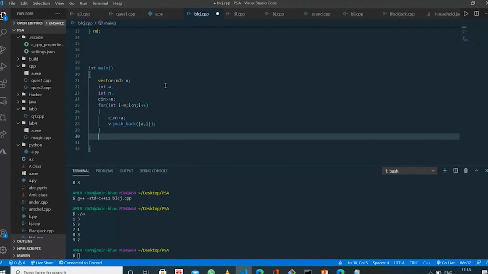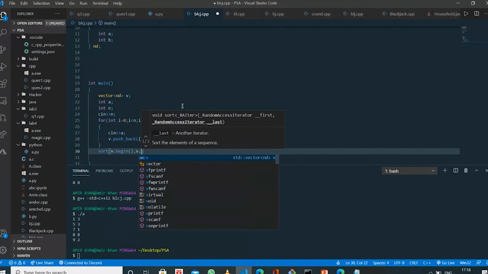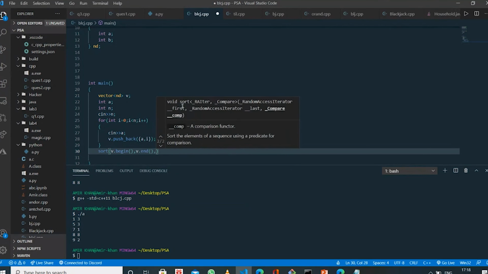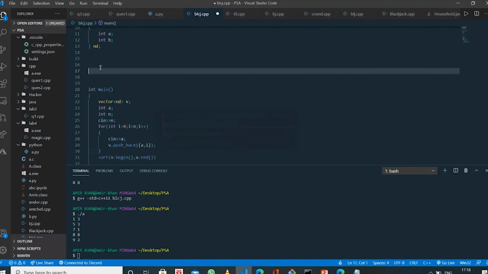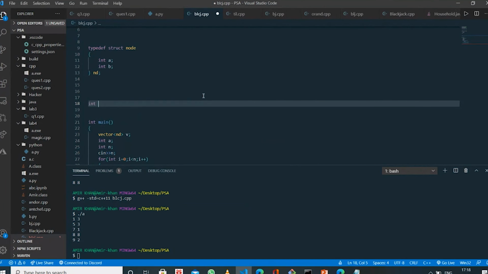Complete. So I want to sort my vector. I will use v.begin() and v.end(), and here I will complete it. So let's make a comparator function.